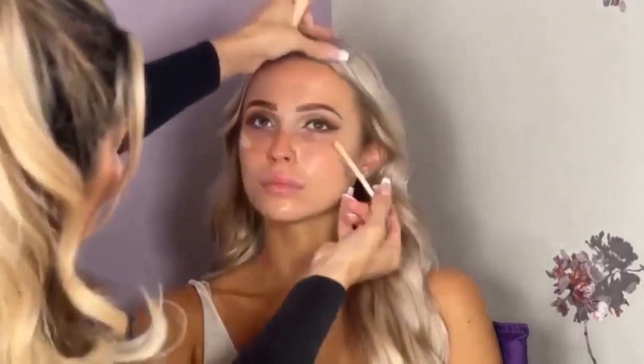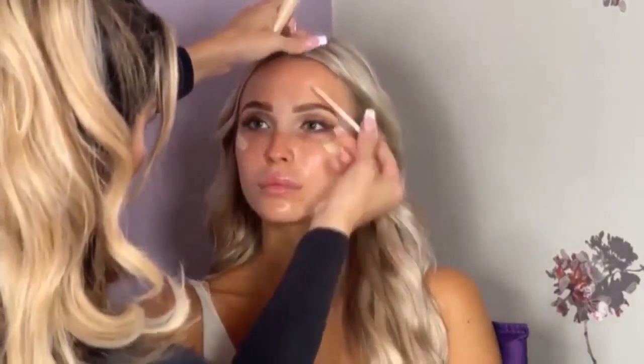So whenever you want to look super glowy, even under actual makeup, actual foundation, you can use this without makeup. You can use this with makeup. I'm gonna use it just right on her. This is brand new. I'm gonna give it to Jewel. Now, if this is not something that you're giving to your client, or it's not your personal one, you obviously don't wanna put it directly on the face with the wand unless you're really alcoholing the hell out of it after. But you could just put it on the back of your hand and then use a concealer brush to apply it. But I'm just doing the higher points of her face,